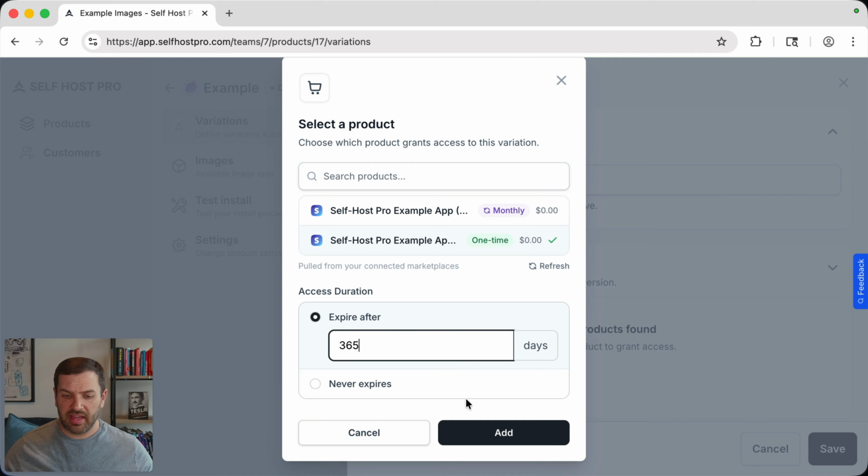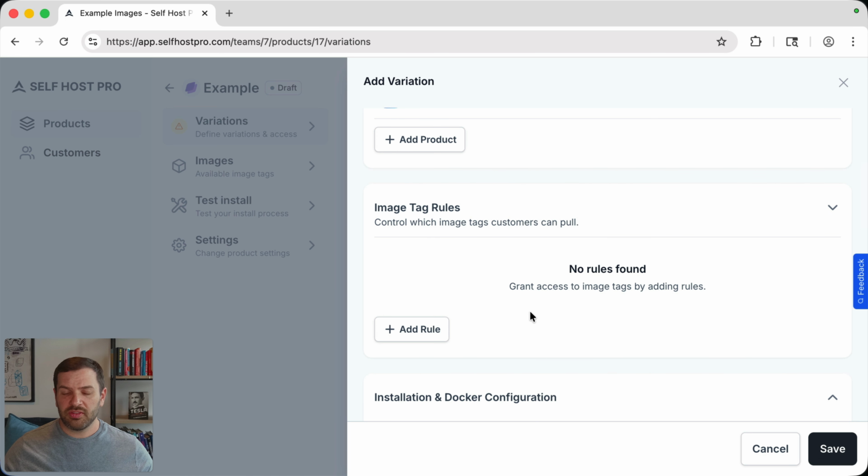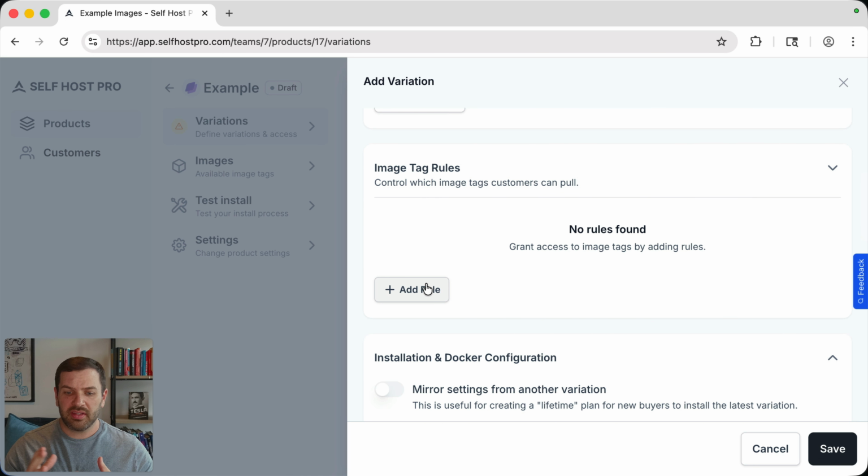So I'm just going to show that. We'll add that here. And then now I can get into advanced image tagging rules. And this is pretty cool because this allows you to do what's called version gating. So back to the example of if we want to do example app or my app 2026, and then I